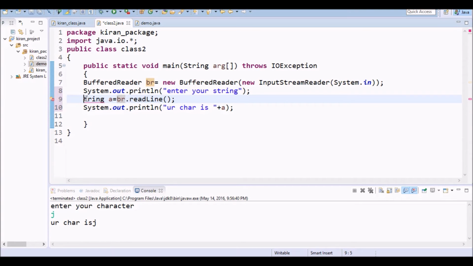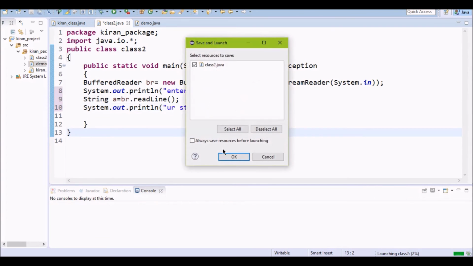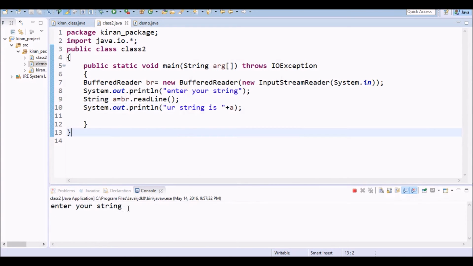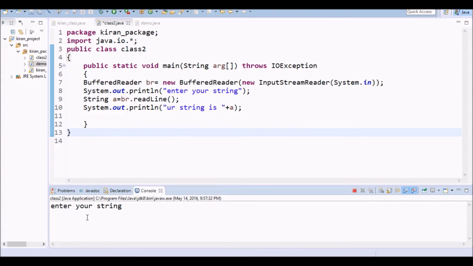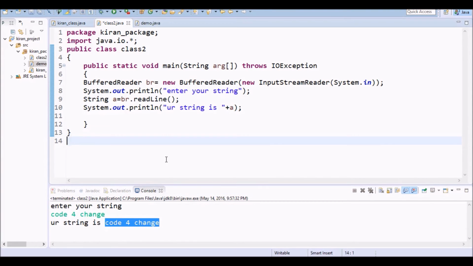String S is capital here. Your string is. Now let us check once again. Enter your string. I will enter code for change. So your string is code for change. Okay, this is how we read a character and a string by using BufferedReader.